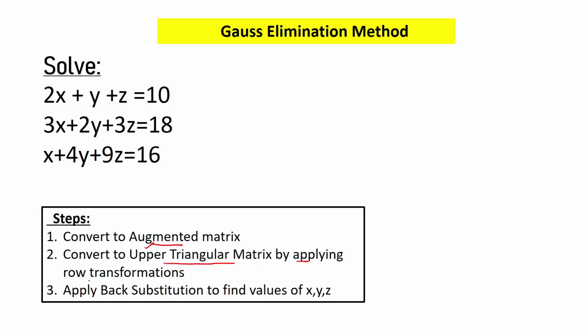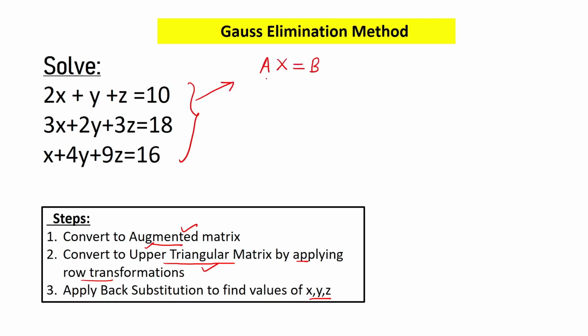By applying the row transformation operations. And lastly, to find the values of x, y, and z, we have to apply the back substitution method. So what is meant by augmented matrix, upper triangular matrix? Let's see that. First we have to convert this system of linear equations into the form of Ax